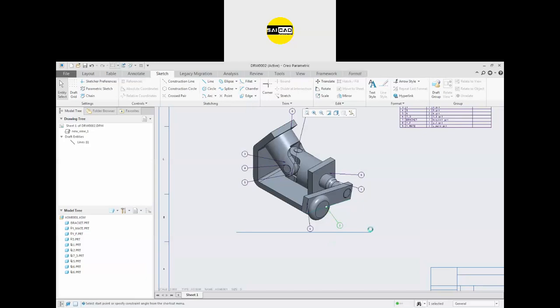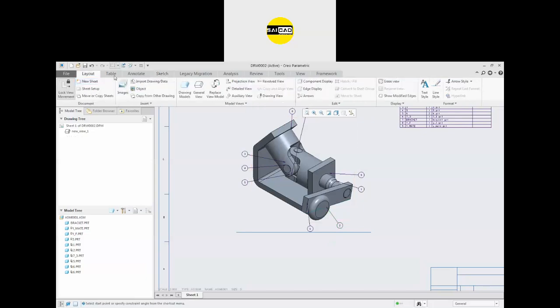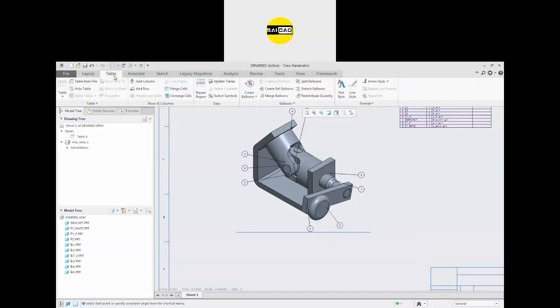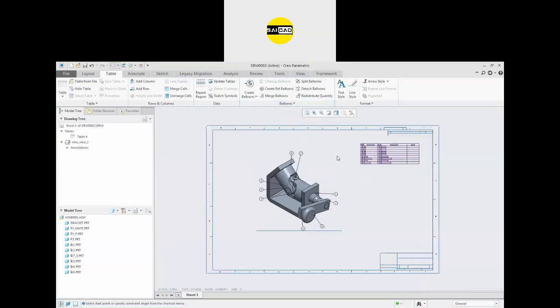Now for the line, we have to use the magnetic line. Okay. So select everything like that. Okay, you don't have to create the line for the magnetic line.